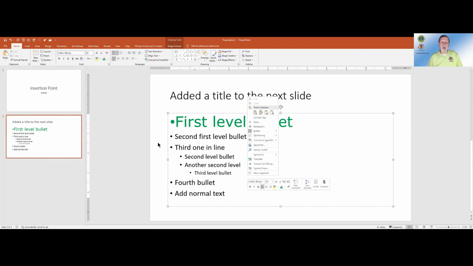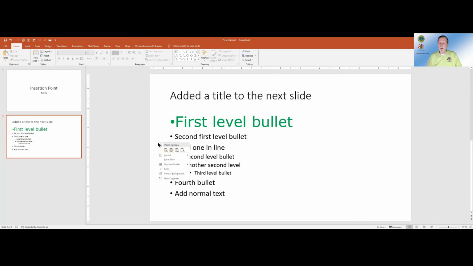For instance, if I point outside my text area with a right mouse click, I get a completely different menu. If I point over here in my slide illustrations, which is known as a slide sorter here, right mouse click, oh yeah, different menu. Up here in the ribbon, right mouse click, different menu. So, depending on what you're pointing at, the response is going to be different. So expect that.